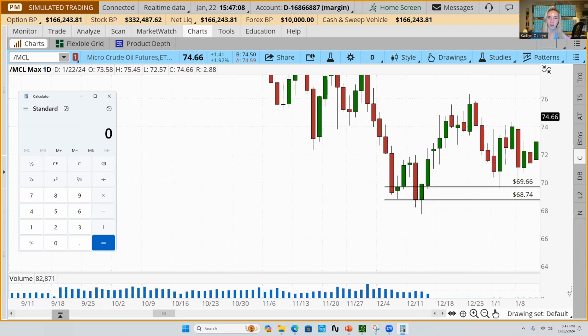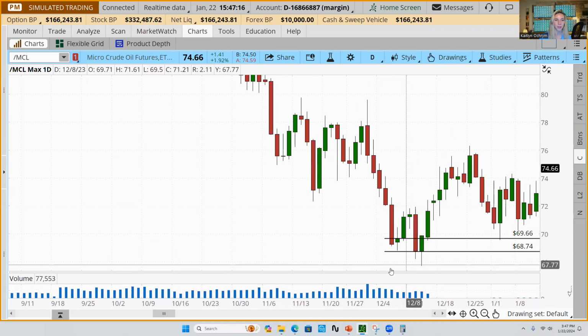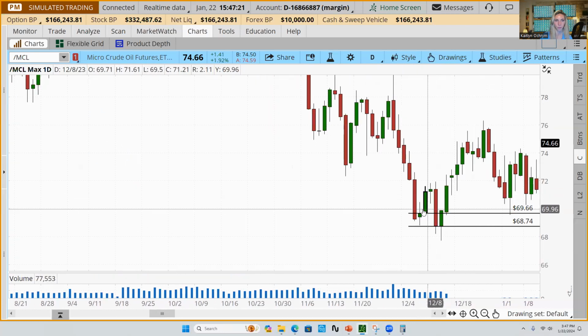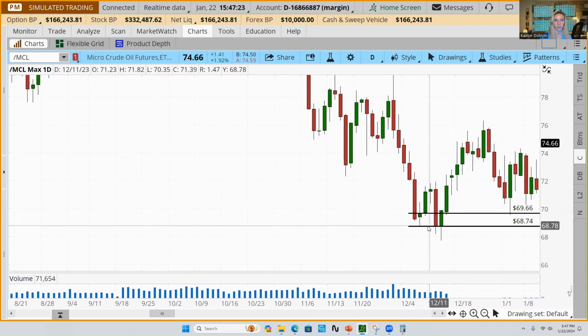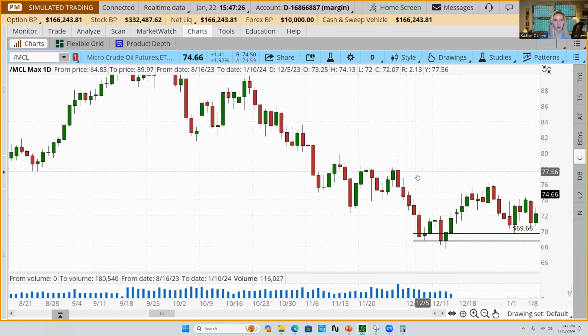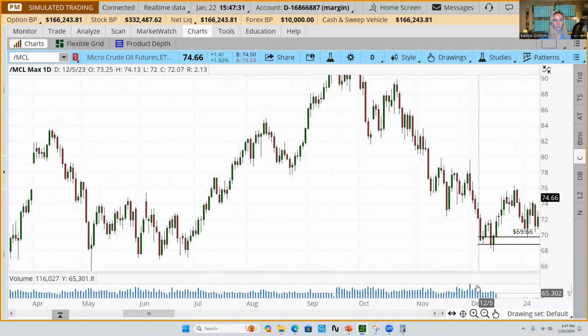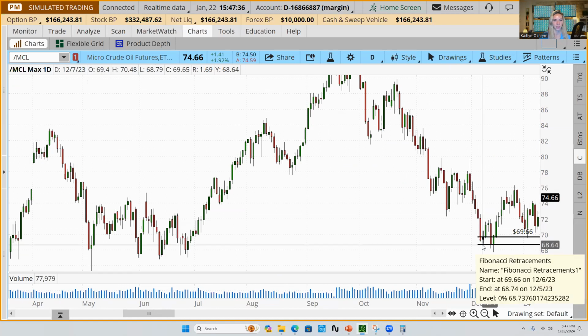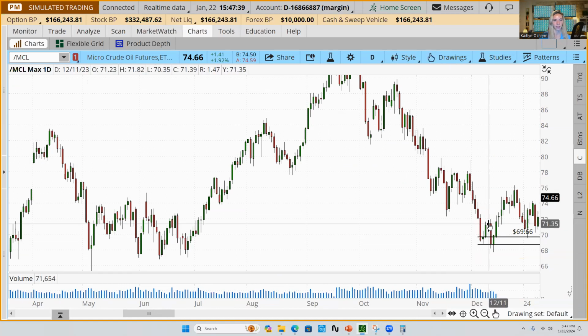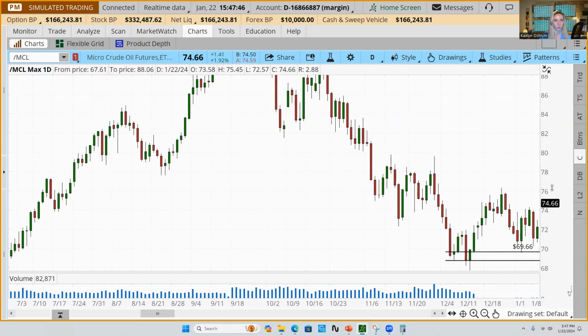But going back to your question, and I do want to answer it, it didn't work too well if you were looking for a longer term, if you're someone who wants to stay in for days or weeks. It's going to boil down to location. So this 2-candle flip formed, but we're still in a downtrend, and we're just kind of bouncing likely off of something over to the left-hand side. This is more of a bounce. The flip will likely work for a little bit, but then once you start running into